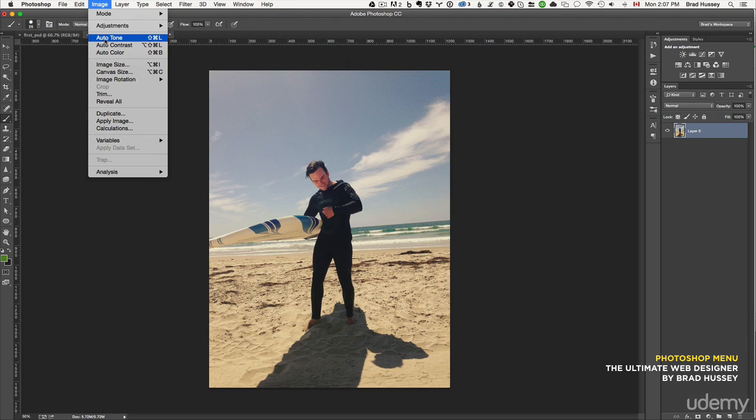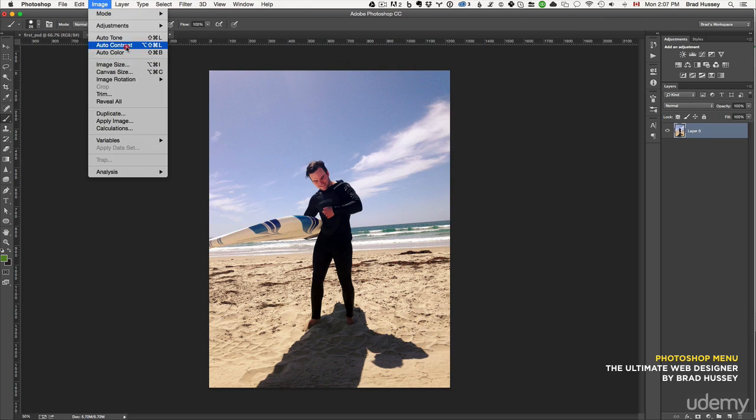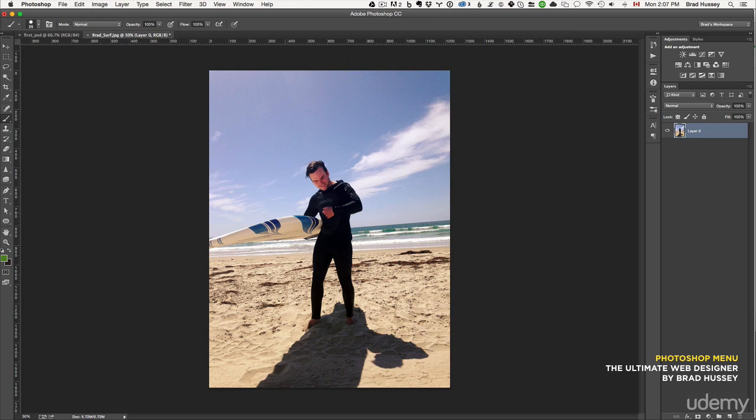Moving down, auto tone, contrast, color. That's if you wanted to quickly edit a photo. So with auto tone, Photoshop will try and figure out the best way to modify the tone of the photograph. So let's see what happens. You see that changed. Auto contrast. Nothing really changed there. And auto color. And so modified. So fair enough, it looks pretty good, but in some cases it makes some drastic changes